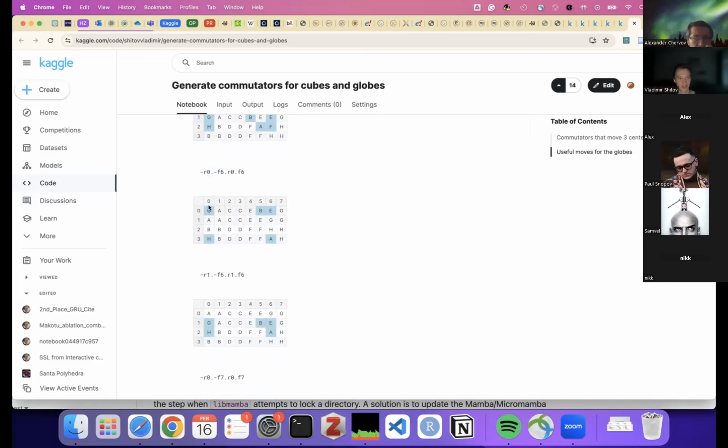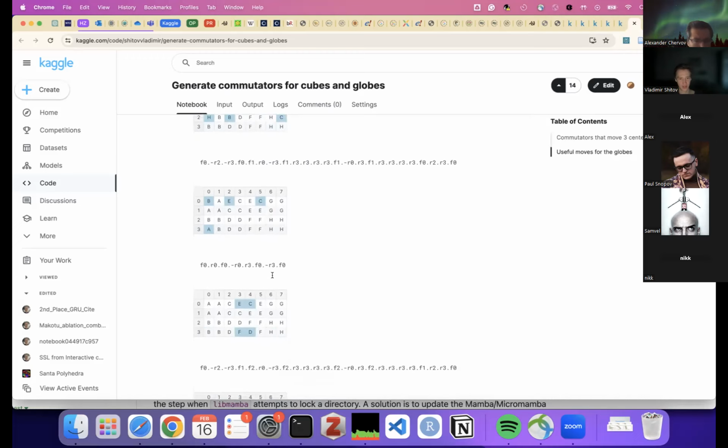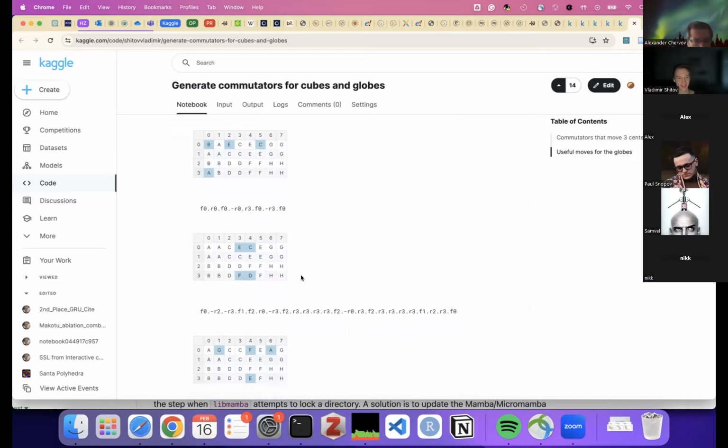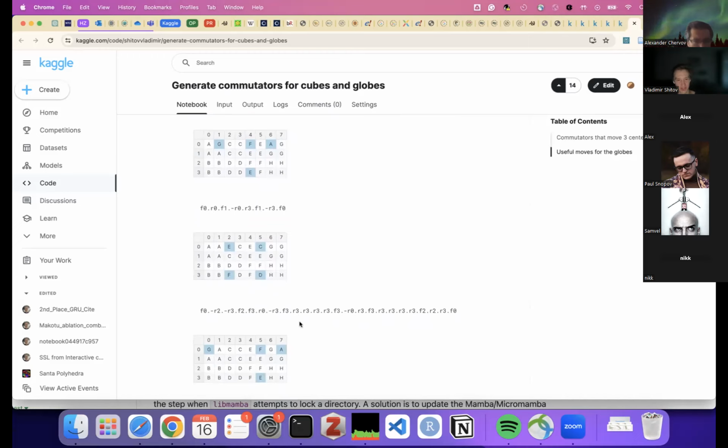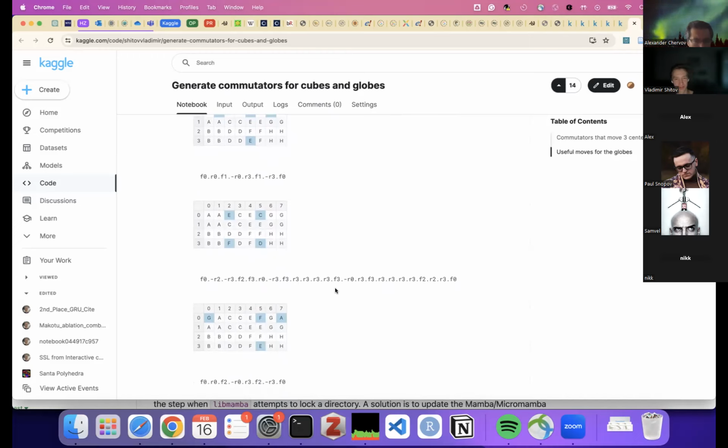So he basically checked a lot of move sequences to find moves that only move certain pieces, and I just have a function that generates all these moves for you. Yeah, unfortunately, it didn't help us to find solutions for these puzzles, but still, I think it's quite cool, and it was actually quite interesting to think about it.